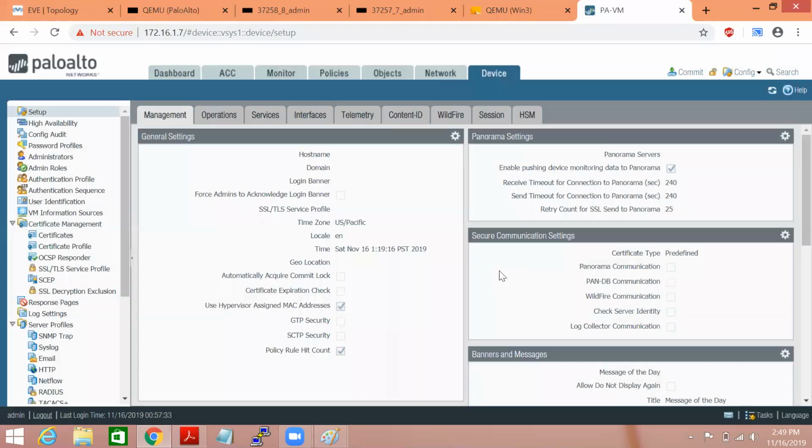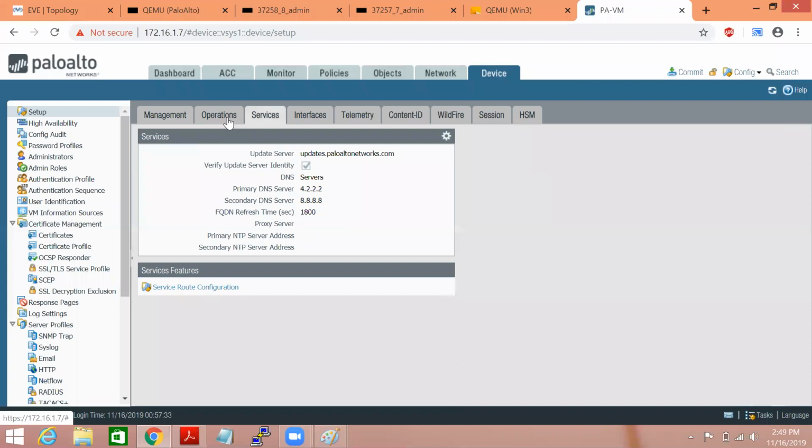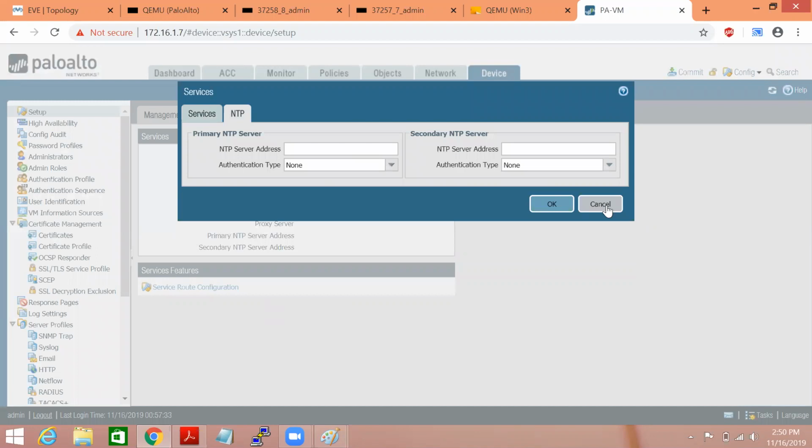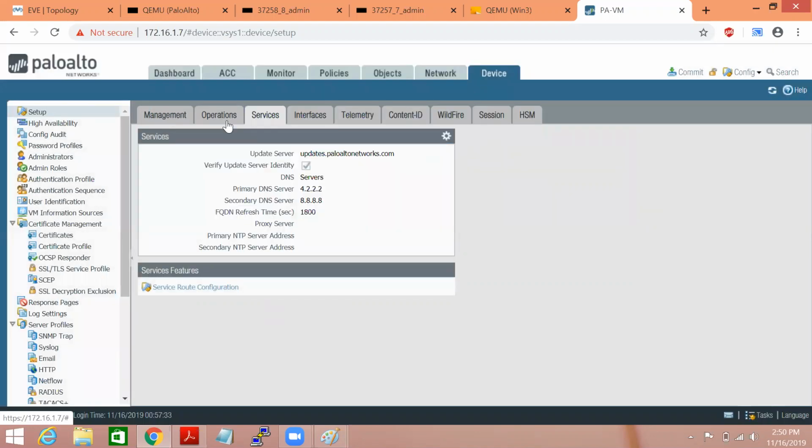Now say OK. You can check the DNS configuration we already did with the help of the command line. To configure NTP, if you have an NTP server, you can mention primary and secondary here. Later we'll add NTP also.